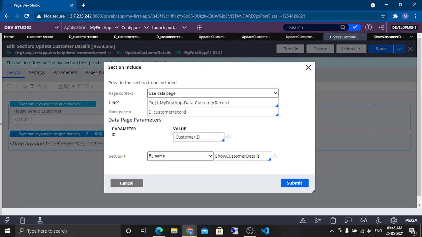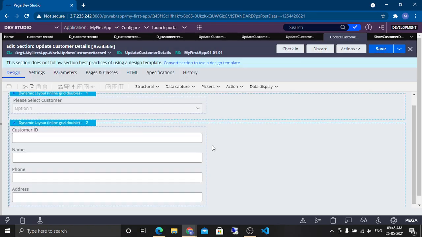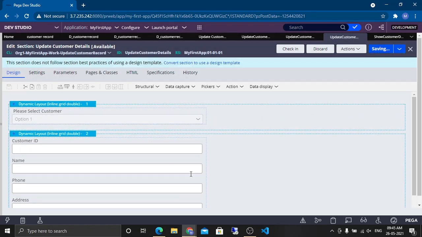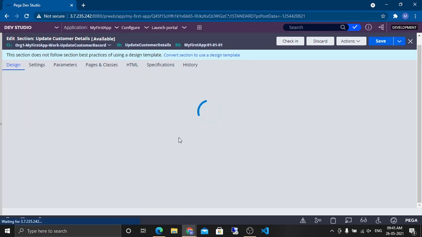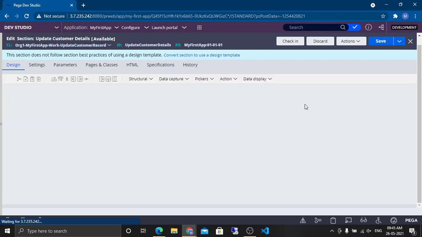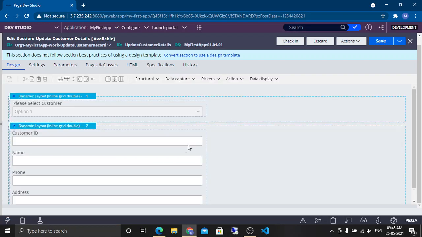Yes, so here this is what we created. Submit. Okay, so now you see the section is rendered here. As I'm getting this data from the DB, I don't want the customer directly to update here for XYZ reason. Could be a requirement, anything. I want to mark this section as read only.